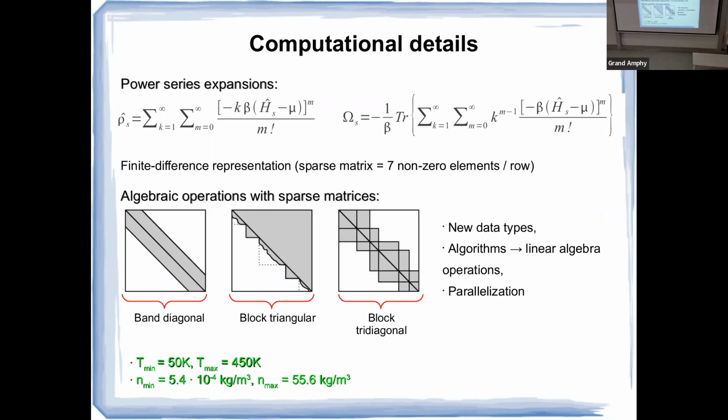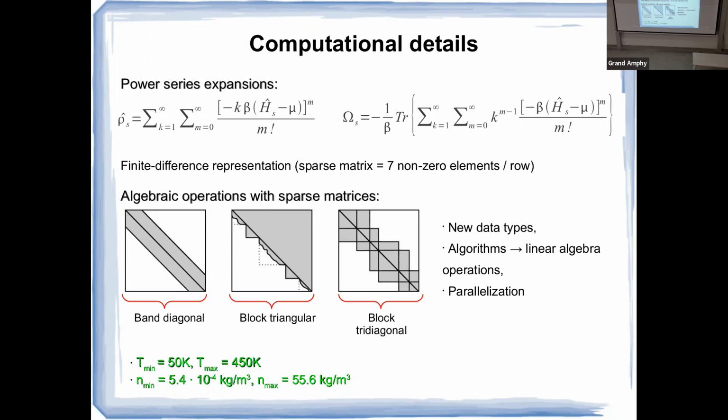And we also want the representation to be universal. For certain cases, maybe we can design a basis set that is very convenient, optimized for a specific problem, and that can reduce the size of the basis set. But this is not the case if we want a theoretical tool that is capable of predicting the hydrogen storage capacity of any nanostructure. So we switch to this finite difference representation, which is very sparse, having only 7 non-zero elements in each row. And the problem we have is that these 7 non-zero elements are distributed everywhere in our matrix.